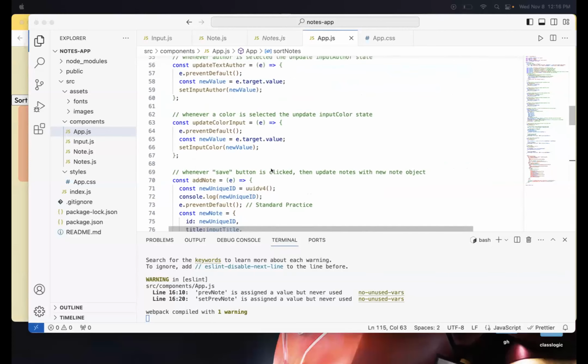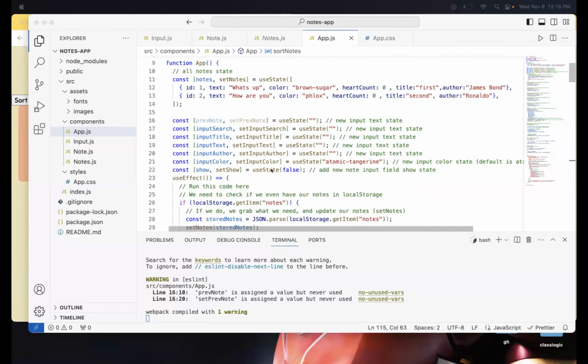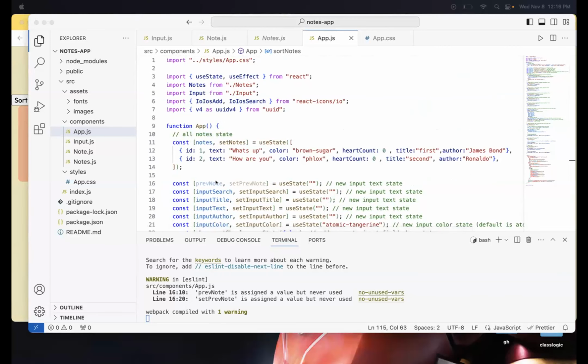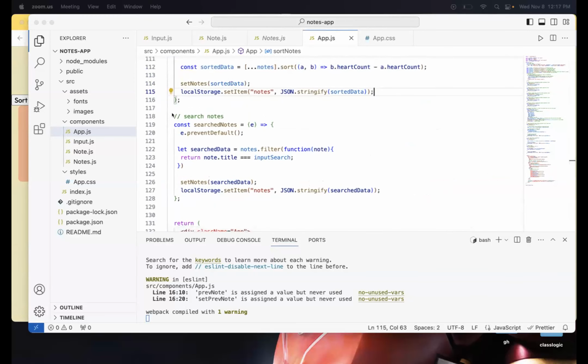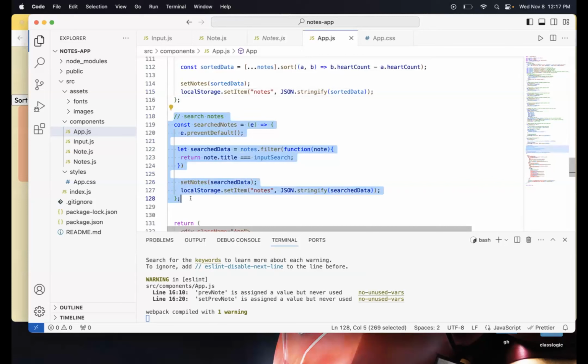So previously before the break, I created these variables for previous note. Now I am gonna create a function for this previous note. So yeah, let's do that. I'm gonna go back to where I used this. Just copy the template.